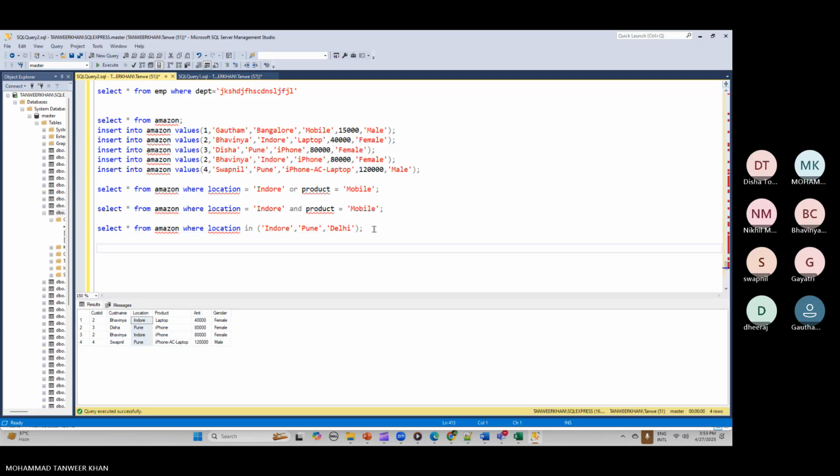suppose I have this data. Do you think this will work? Yes, it will work. It will only have the data from the